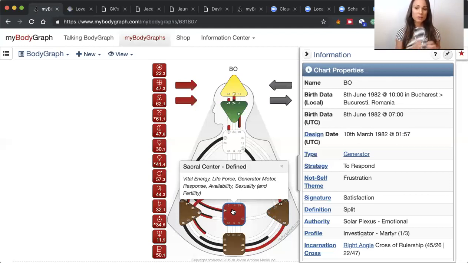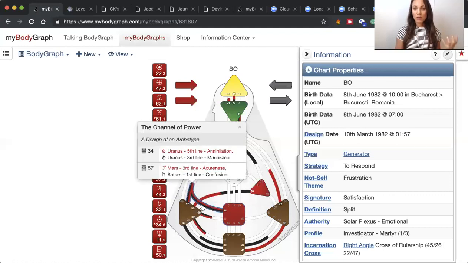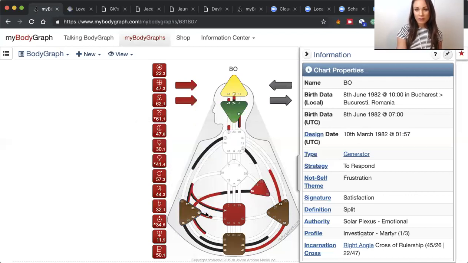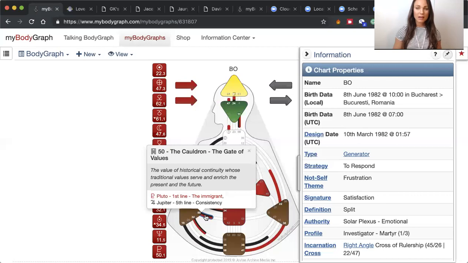So have those two. This is the channel of power and the design of the archetype. It's kind of the person who always survives, because if you have the intuition and you have the power, whatever happens, you're going to survive. And there's also those. This is somebody born in 82, so many of those planets or activations come from people born in this year. So we can see that there is the 50 with this kind of